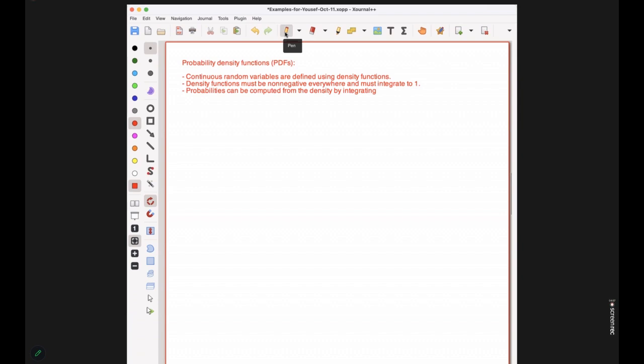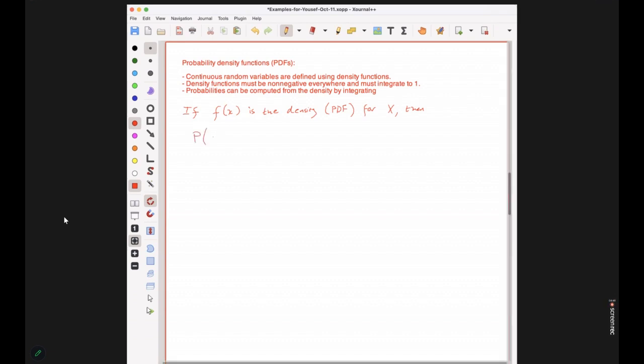So I can say that if small f of x is the density or PDF for my variable x, then the probability that x is between two values here, which I'll say is